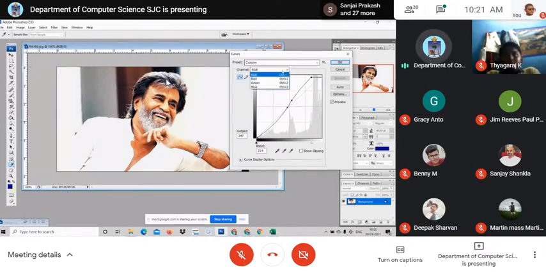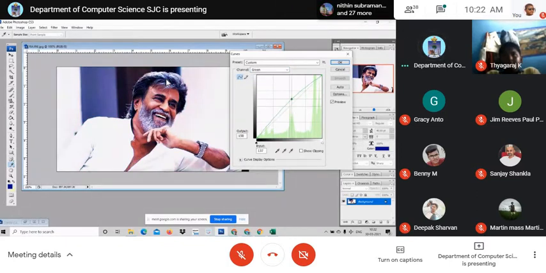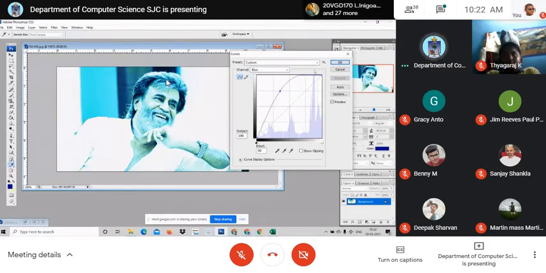You can even change the color channel here. For example, red alone. I want to change the red color alone. Look at here. See, red alone is reduced. When you take this side, red alone will be increased. Am I clear? See. When I take here, red will be decreased. Red will be removed. If the picture is too much reddish, we can remove it. Right? See, I choose green color. When I take it down, the green will be removed. When I take it on the top, the green will be enhanced. Am I clear to you? And blue. Look at here. When I take it down, the blue is removed. When I take it up, blue is increased. Okay. See, adjust and see.